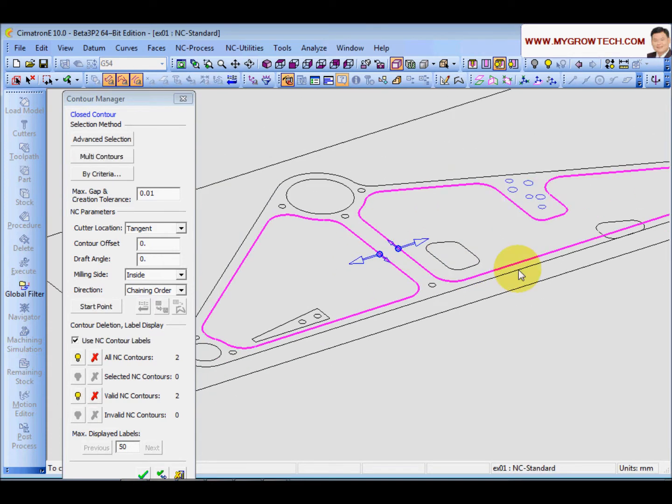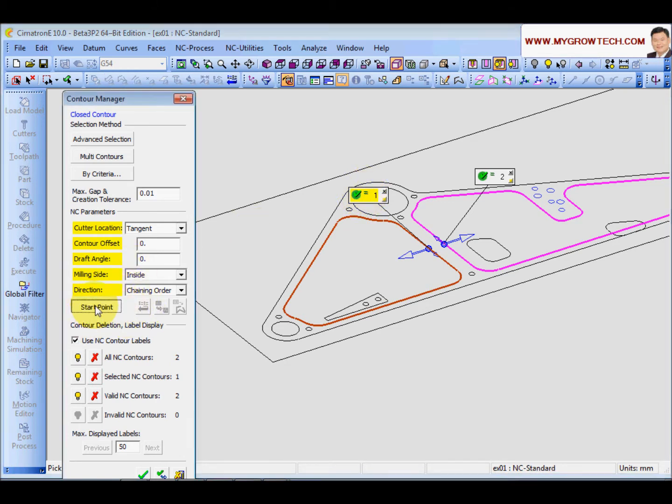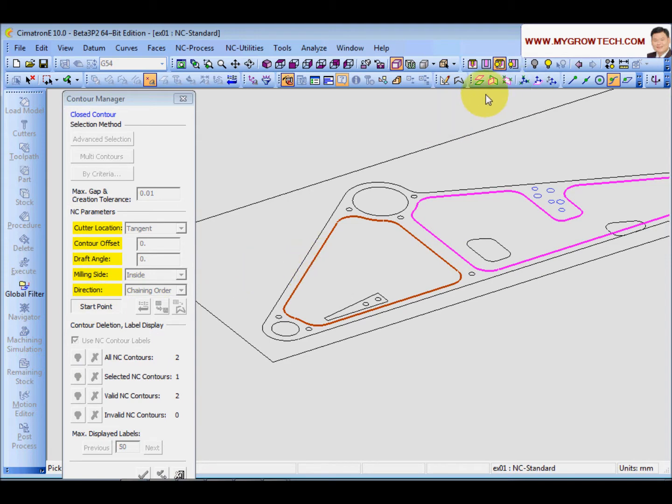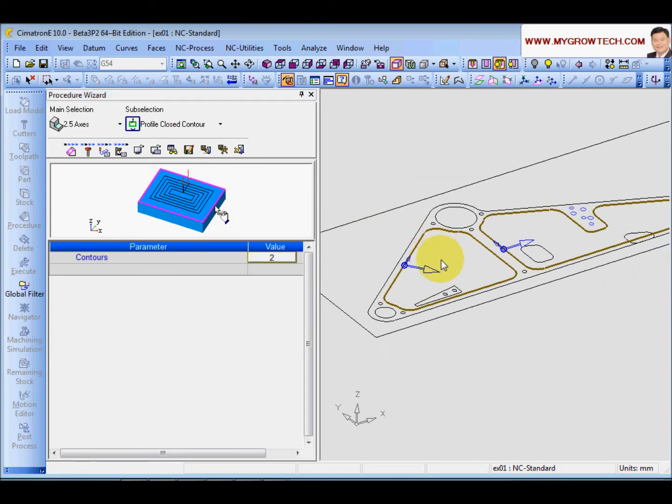Okay, so at any time if you want to change the start point of the contour or the chamfering, you can do so by selecting this one, and from here we can change the start point, for example back to this direction. I will use the middle point at this edge. Yeah, so this is how you change it. And now after I select this,